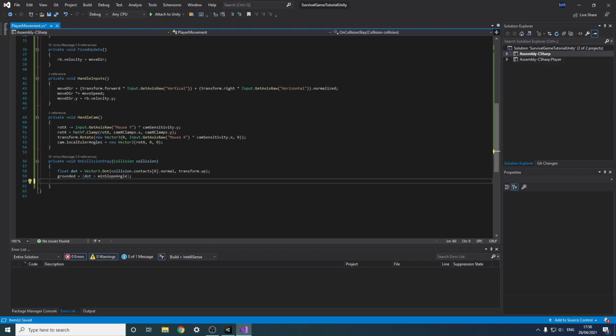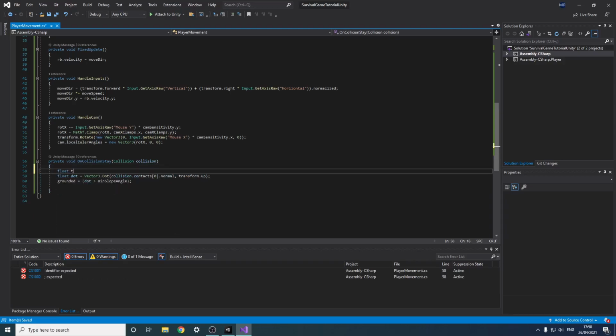So this script does have a bit of a problem though. If we are constantly checking the first contact point, and that contact point is against a wall while all the other ones are on the floor, it'll still register as false. So we need to find the average normal. And we can do that by